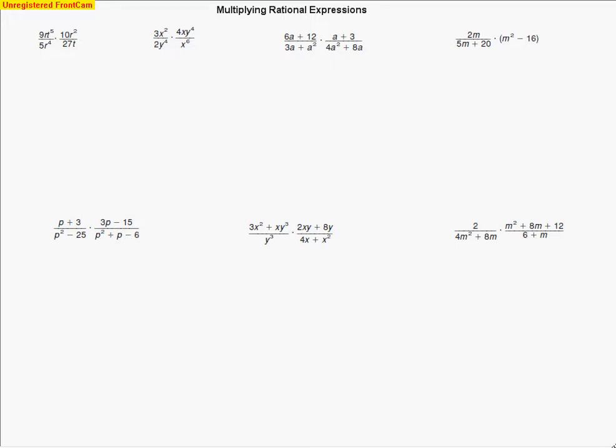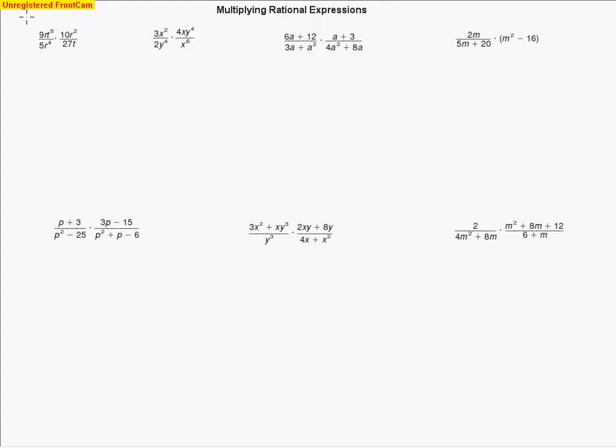Today we will be multiplying rational expressions. So I've got 7 problems for us to go over today. And taking a look at our first one here, we've got no addition signs. So I have 2 like this, the first 2 problems. So when you see no addition signs, what I would recommend doing is just rewriting the problem as one fraction